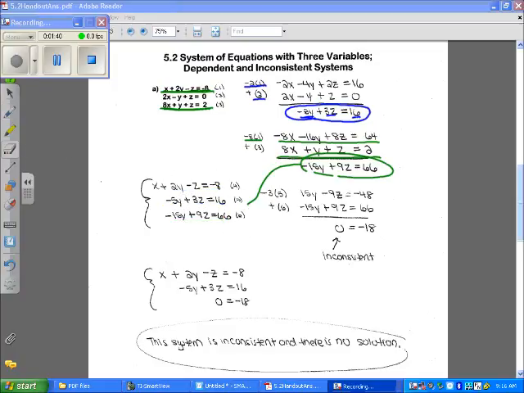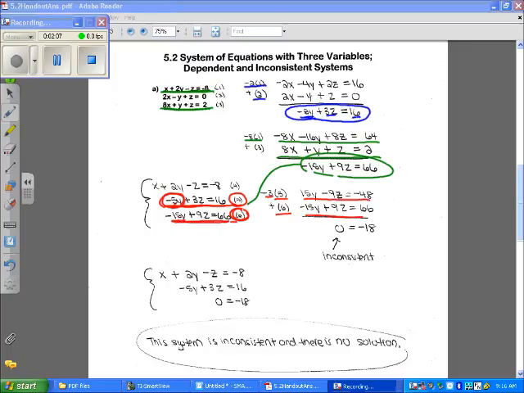My next step is I want to get a 0 right here. So I'm going to take a multiple of equation 5 and add it to equation 6. If you look at -5, I'm going to multiply that by, I'm sorry, -3, and that will give me +15. So -3 times equation 5 means I take this whole equation multiplied by -3, add it to equation 6, which is right here,